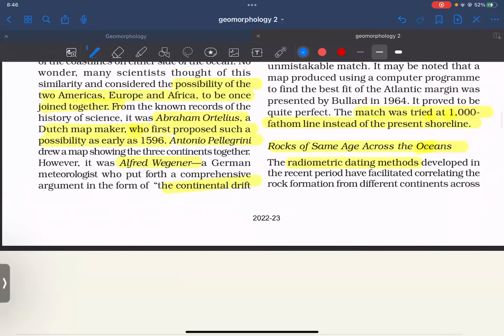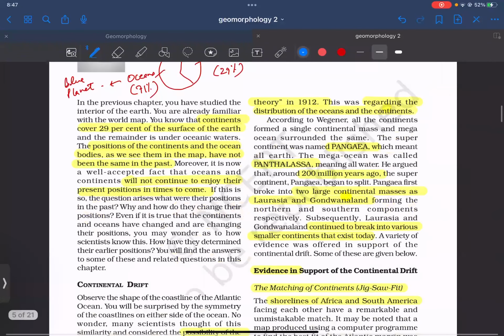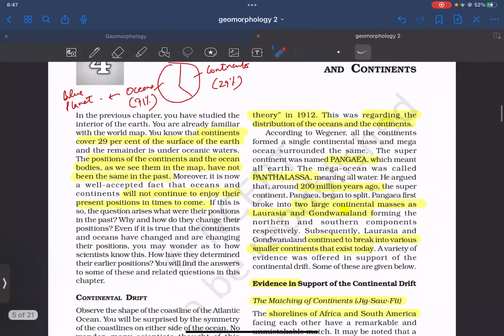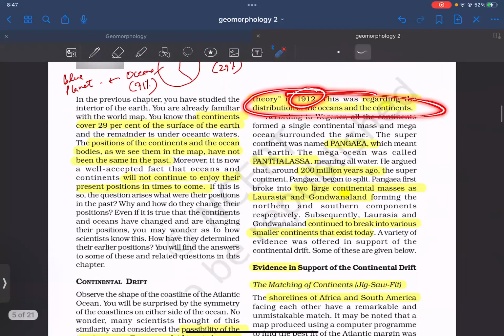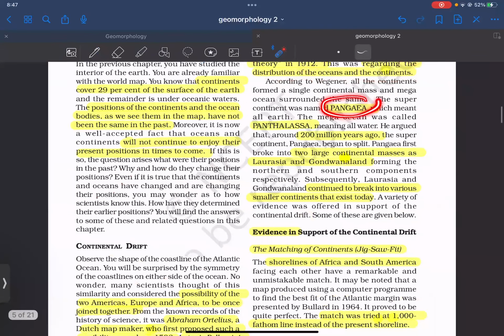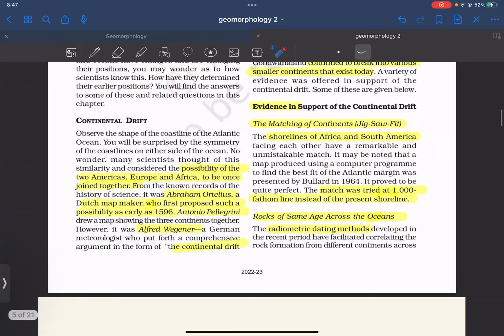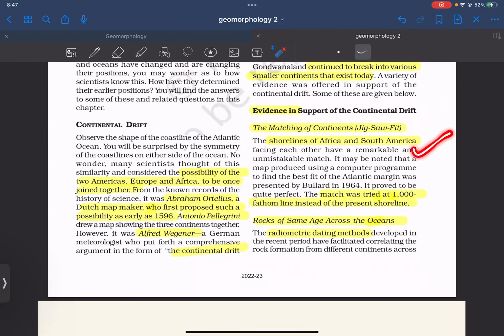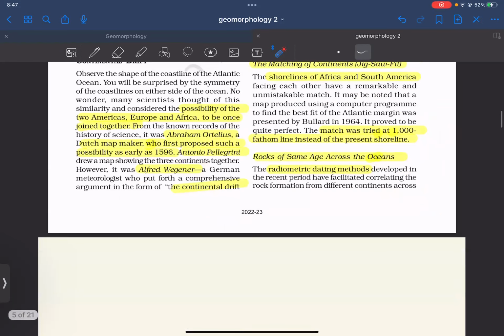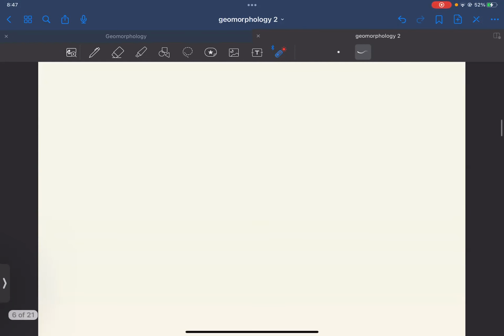So what it said, it is regarding the distribution of ocean continents. 1912 में आई थी, Pangaea was there surrounded by Panthalassa around 200 million years ago or Mesozoic era. So Pangaea got broke up into two landmass, Laurasia and Gondwana land, and further it broke up into various smaller continents जो आज exist करते हैं। Simple theory, evidence, matching of the continents, jigsaw fit. So अफ्रीका एंड साउथ अमेरिका की जिग्सॉ फिट किया, पर एक्चुअली हमें कहाँ मिलता है 1000 फैदम लाइन पे इंस्टेड ऑफ प्रेजेंट शोर लाइन, ये ध्यान रखना। रॉक्स ऑफ सेम एज अक्रॉस द ओशन, इसका एग्जांपल क्या दिया इसने